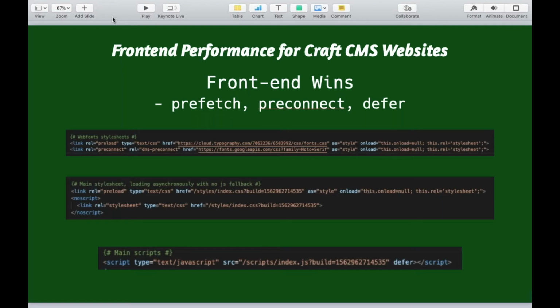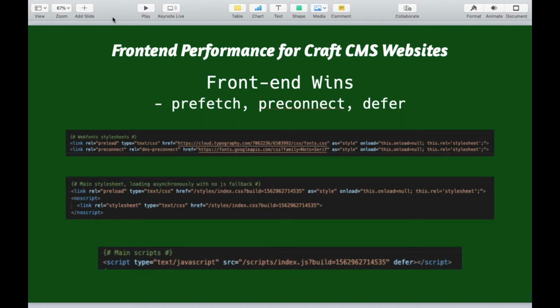These are things that you can do for your style sheets and JavaScript includes that will help browsers that are able to support this stuff: these prefetch, preconnect, and defer attributes on links and script references. And those help the browser prioritize what it's initially downloading on the first couple of things coming down the pipe. And a preload will help, especially Chrome and Firefox. When it gets an idle point, it will start to really load these in and not have to wait for